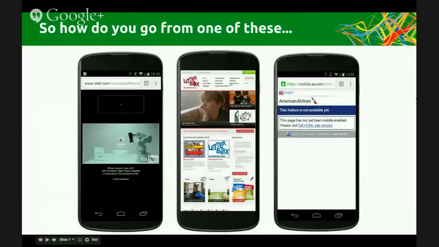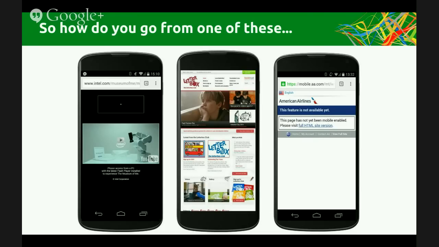Showing you what we are actually dealing with in this campaign, which means that we want to show you how you go from one of these, which are examples of mobile websites that are not really user-friendly. On the left side, you see that things are not showing up because it asks you to access the site from a PC in order to make it work. In the second example, you see that the mobile website looks exactly the same as the desktop website, which means that you are not able to read the text without zooming and navigating through the page. And on the right side, you see that the mobile page is not even loading at all. So 3 examples very quickly of mobile pages that are not providing a user-friendly experience.